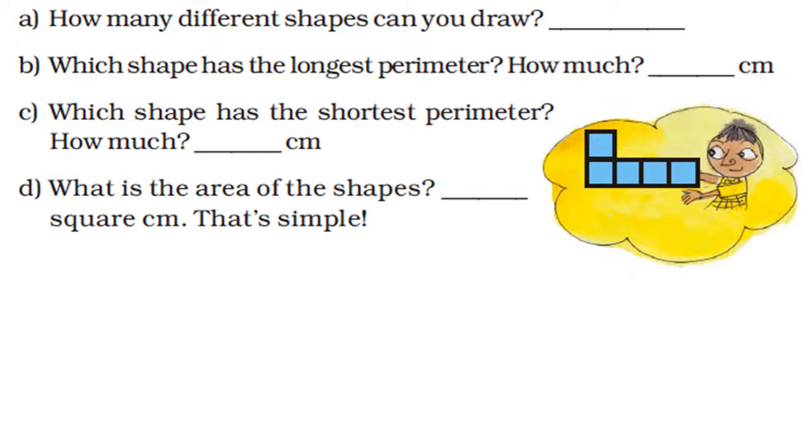All right. So in this way we can conclude that the area remains the same for all the 12 pentominoes, while the perimeter is also the same for all the pentominoes except shape P. The perimeter for shape P is 10 centimeter and the perimeter for all other remaining pentominoes is 12 centimeter, while the area is 5 square centimeter.